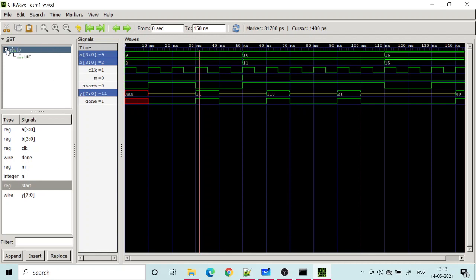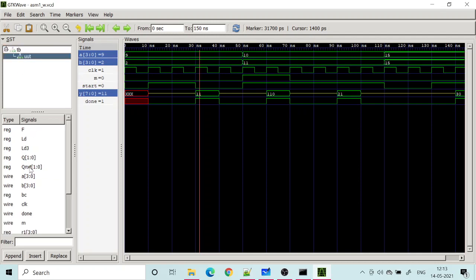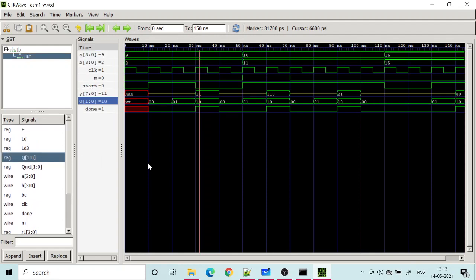So if I take the Q output, that could be seen correctly. Where is my Q? Okay, so you can see that. Starting from 0 0 I go to 0 1. So at 0 0 I am loading my registers, at 0 1 I am performing my multiplication and addition, and then it is finally getting loaded. I ensure the loading of the result in Q2 only. So that is when I am displaying it.